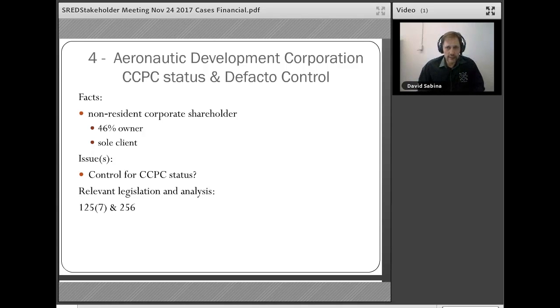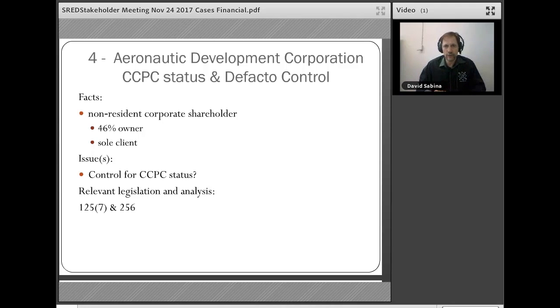An example of exactly what I'm talking about is in the next case, Aeronautics Development Corporation. The facts of this case are that we had a non-resident corporate shareholder who was a 46% owner of the company. Now, the definition of a Canadian-controlled private corporation, or CCPC, is in 125 sub 7 of the Act, and